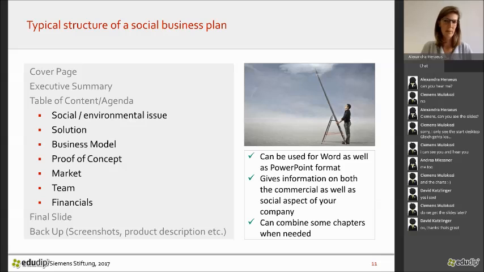The topic social environmental issue is different to, I would say, normal business plans, because that's the difference to you social entrepreneurs, and definitely the catchphrase in the beginning. For most of you, the main drive or the reason why you do your business is that you identified some kind of social or environmental problem that you know has to be solved and that you want to help solve. So this is actually your starting point to say, what is the problem? Why do I see that's a problem? And also underline this with hopefully very concrete figures, and saying